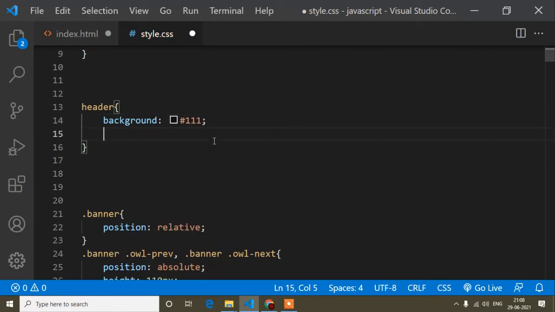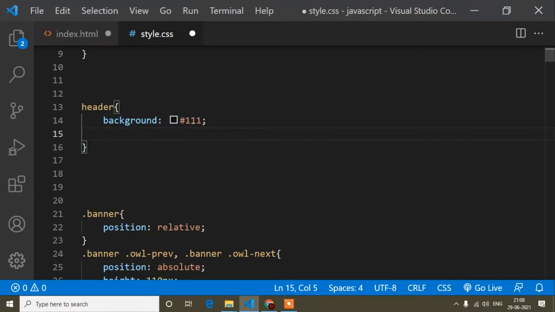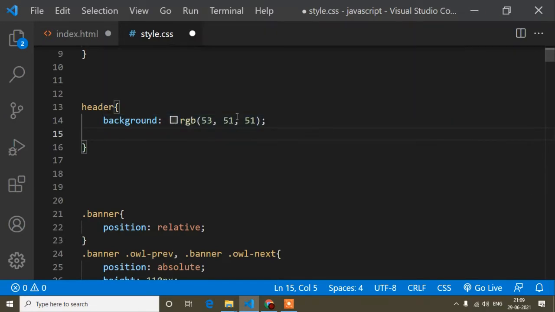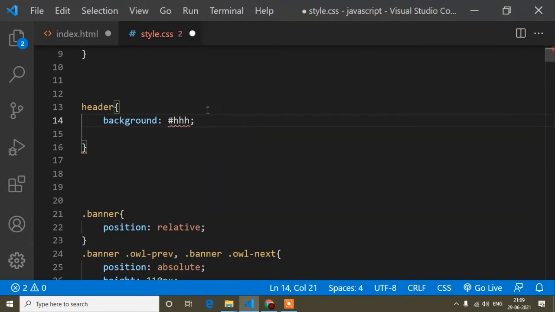If you don't remember this color code, you can do one thing: write a hashtag and after that simply three letters, suppose FFF, or simply three numbers, like this. Any number you can write, just like 4, like this.